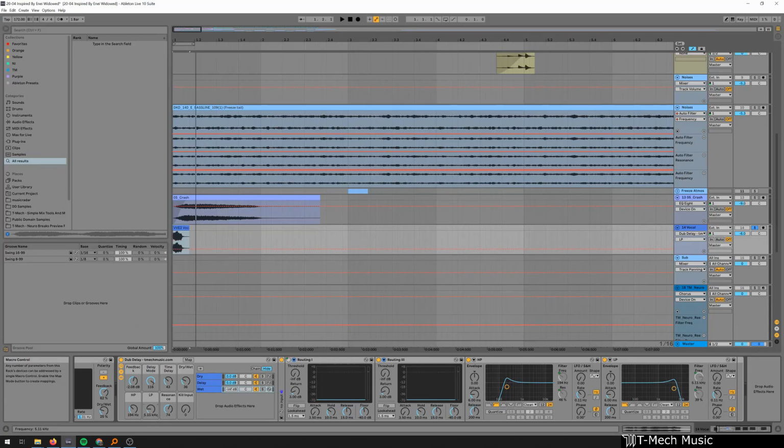And the interesting thing here is that the wet channel is then put through the delay again, and then it's processed again, and then put through the delay, and then processed again. This is a classic dub delay kind of effect. So if you put high resonance on these things, and then you put a signal through it,